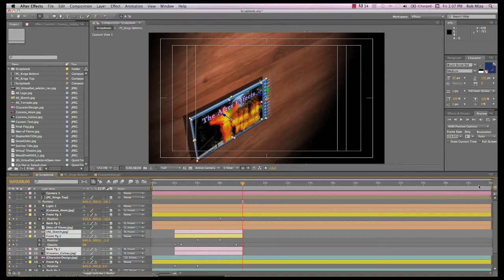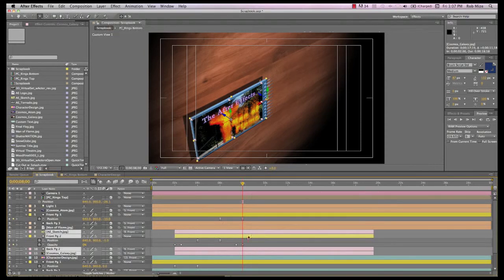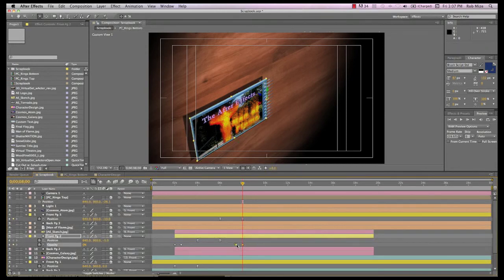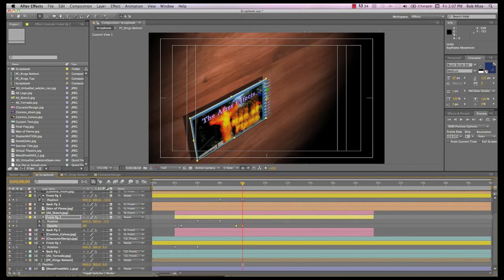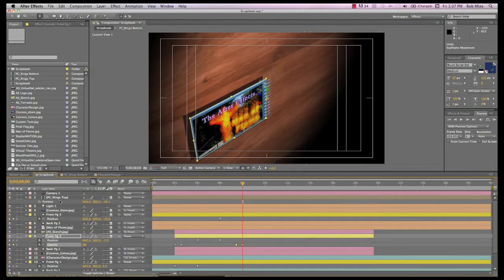Now, if I were doing this from a different angle and I needed to see those layers stacked on top of one another, I couldn't do it this way. But for this project, with the camera position that I have, I can get away with trimming these and not having to worry about the impact on my render.